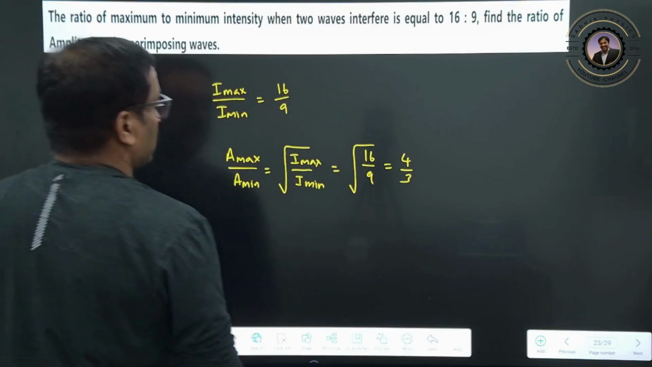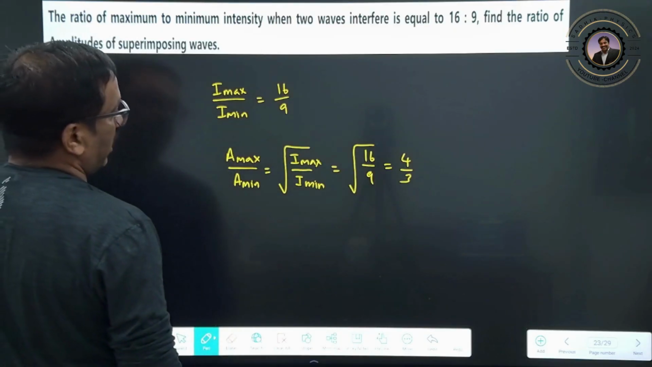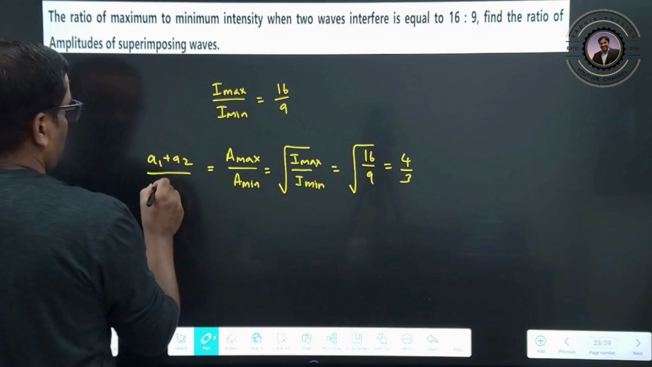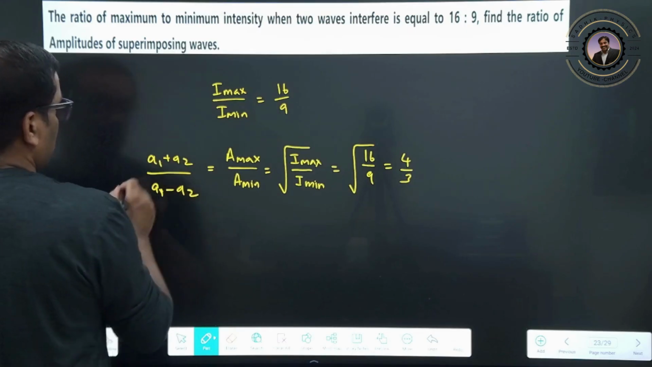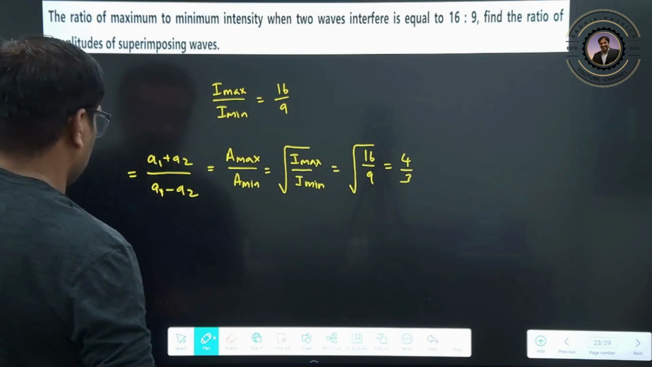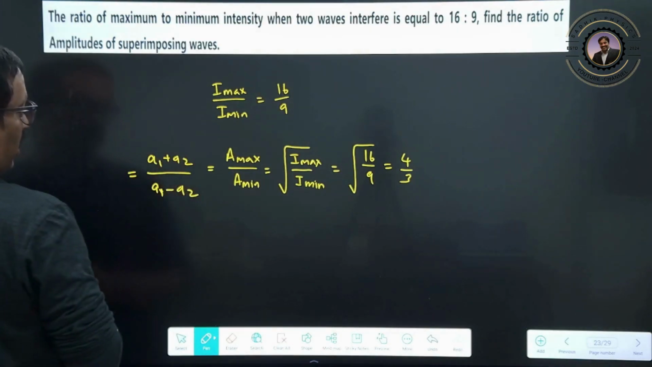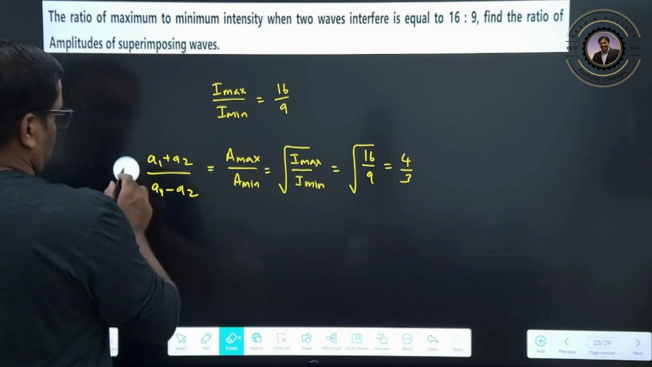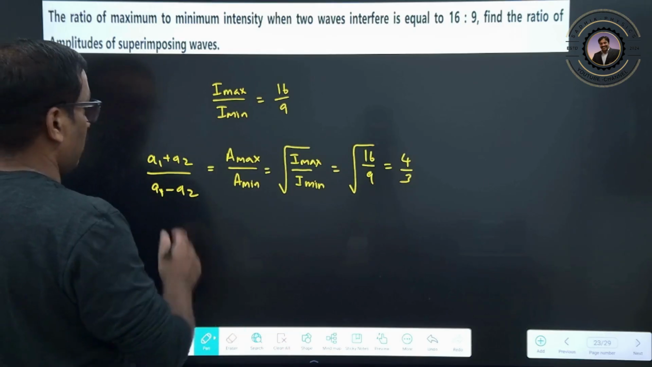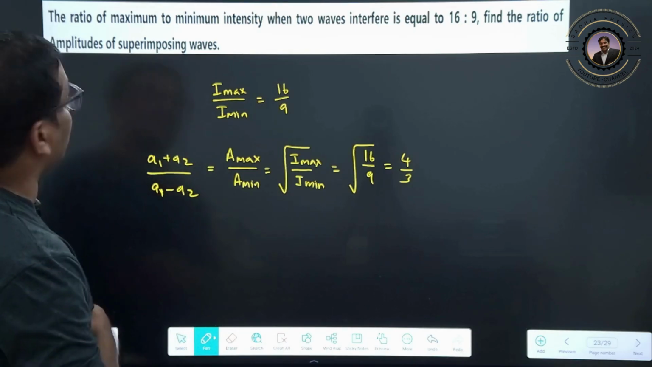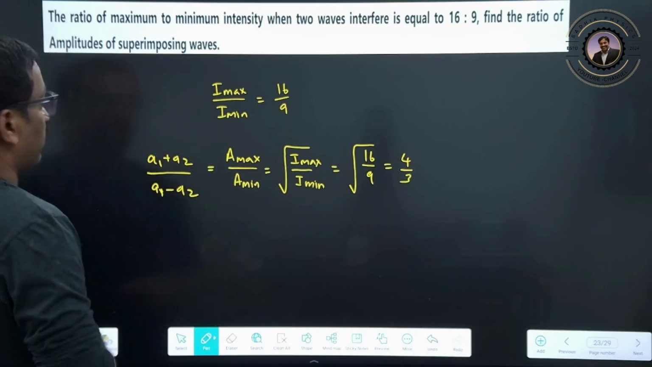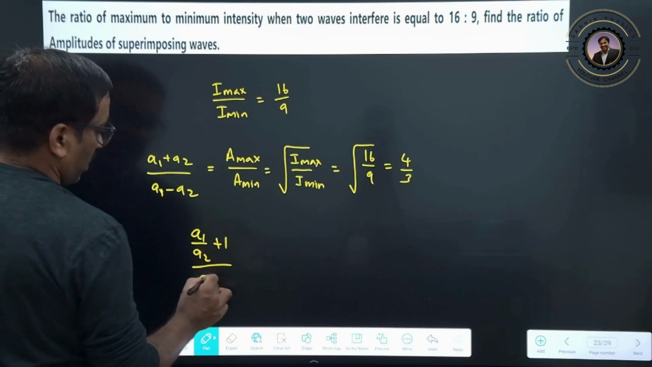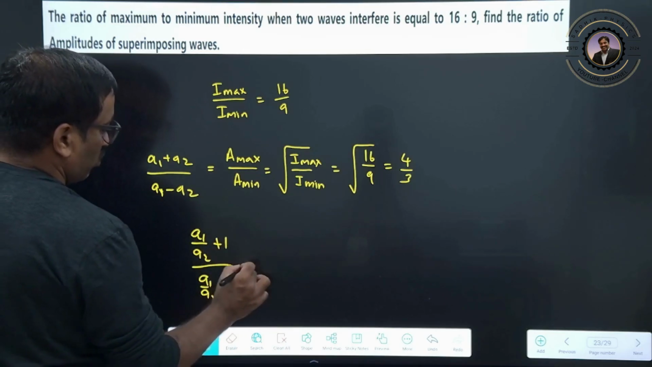Clear? So this can be written as A1 plus A2 by A1 minus A2. So here I can find the ratio of their amplitudes of the superimposing waves now. Therefore you can write A1 by A2 plus 1 by A1 by A2 minus 1